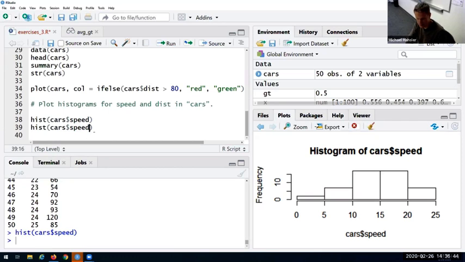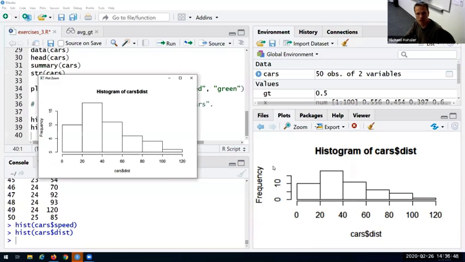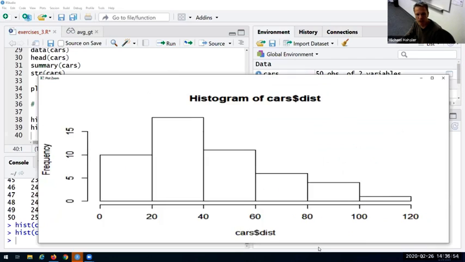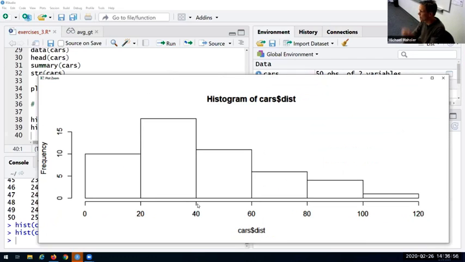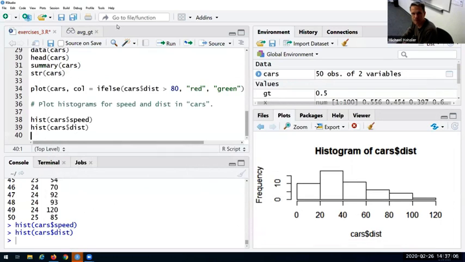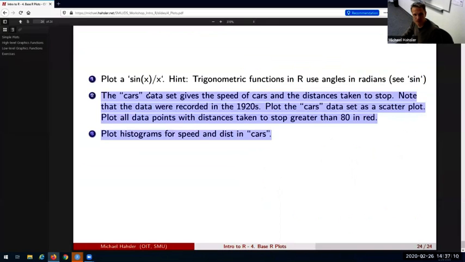for my distance. And then the histogram looks slightly different. The largest number of cars have a braking distance of 20 to 40. And that depends on the speed, of course. Okay, so far so good. So we can make all those plots and then you can put them in reports of whatever you want, or you can use them just to analyze the data. So far so good. Now let's go to